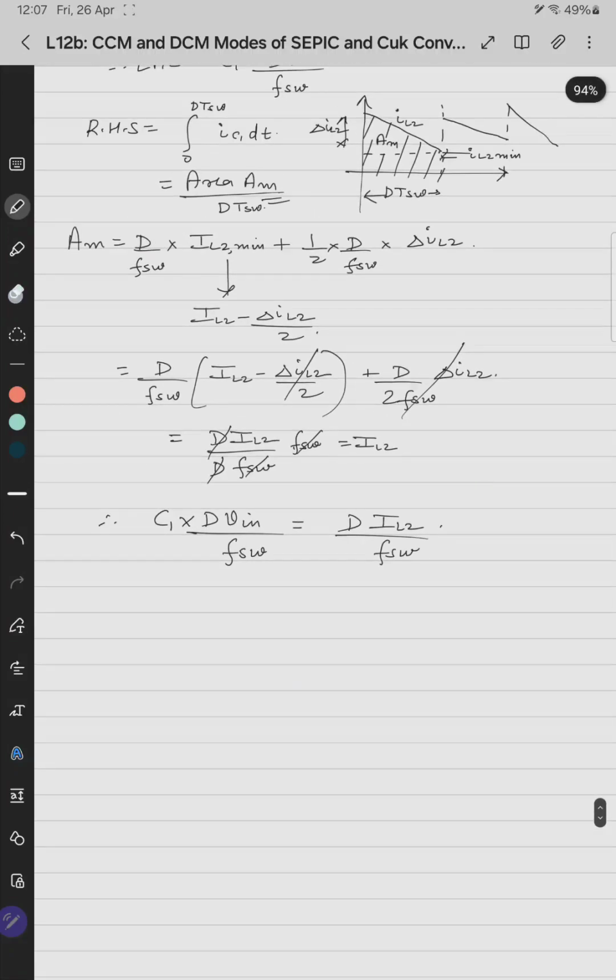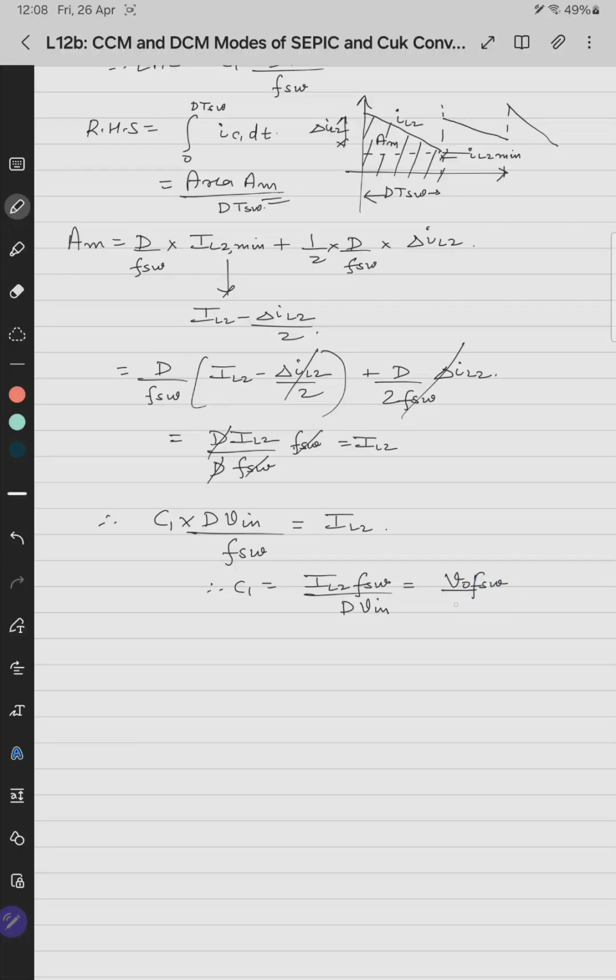So if we erase this, it will be IL2. So therefore C1 is IL2 F switching by D into V in,